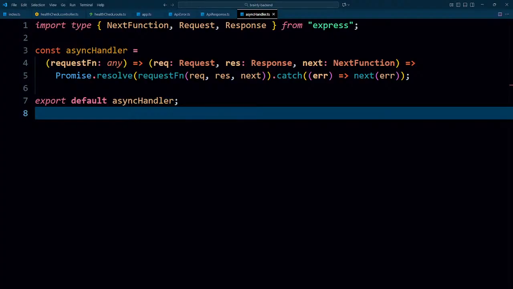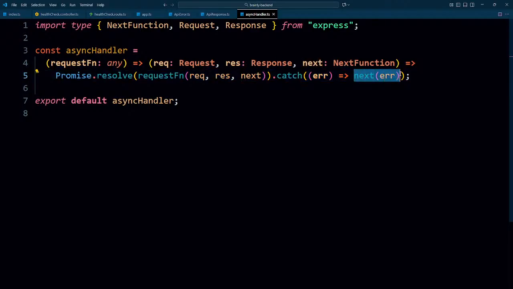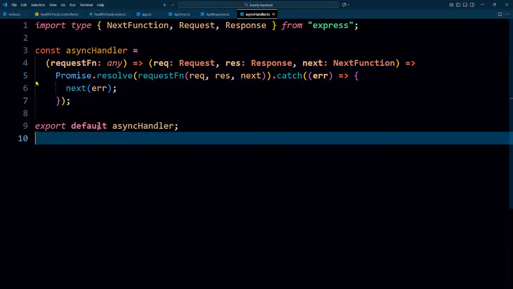Well, yeah, we have request, we have response, we have next, and we are returning, but that is right. And then we have this thing in here, we are resolving it, we are giving it a catch error, and then we are returning next. If there is a fallback, we call next. It seems to be right. The only thing is that I can maybe keep it like this, but still I will have to return it from here.